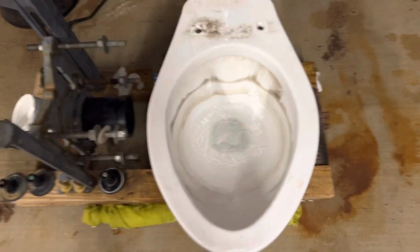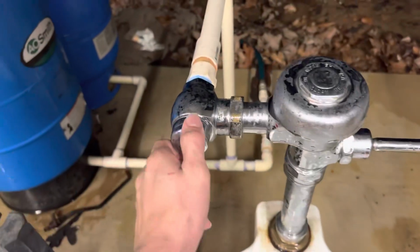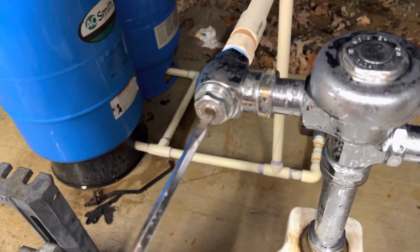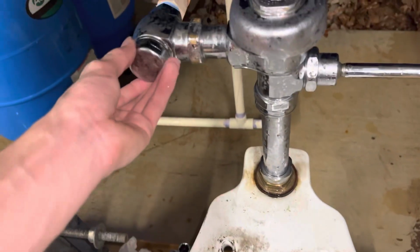I definitely really like this toilet. I will definitely have to take those flange bolts out, but for now, they're not really in the way of anything. But now I'm just gonna go ahead and this flushometer cap actually came from that one right there. This one, as y'all know, I've never really had a flushometer cap on it, but now I'm just gonna go ahead and turn the pressure all the way up and give y'all a couple more flushes,